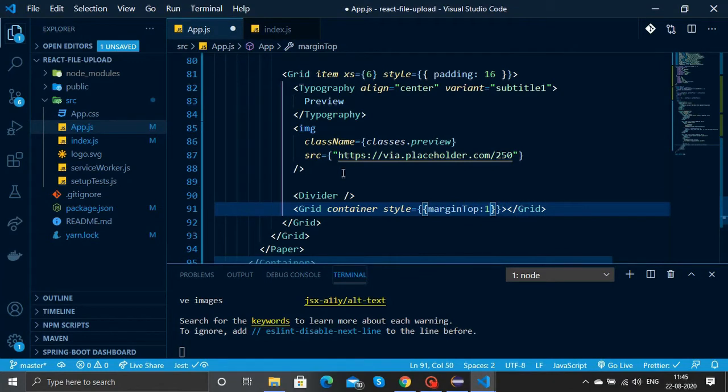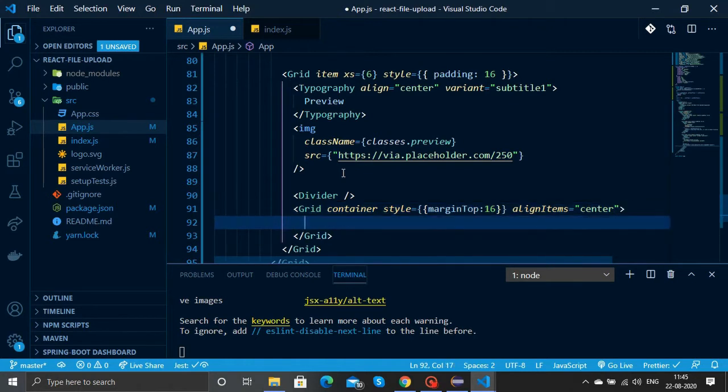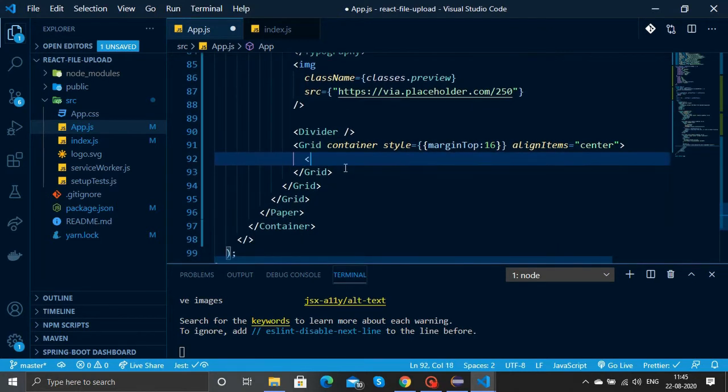Let's also give a style of margin top of 16. We'll align the items to the center. So next we'll use a grid item, and we'll give the xs of 2.